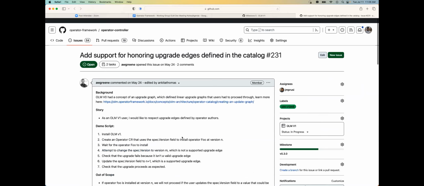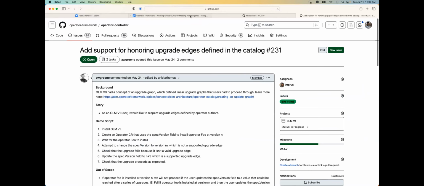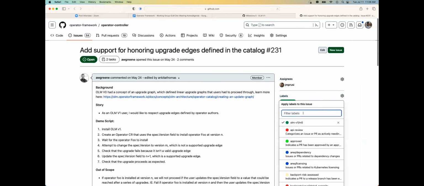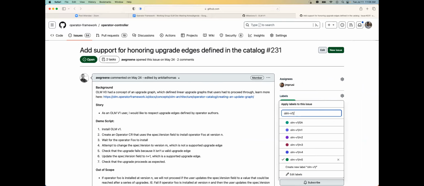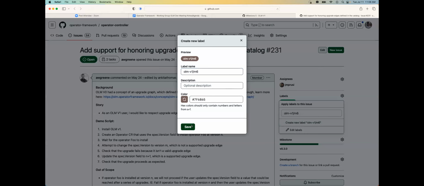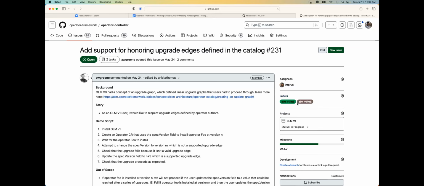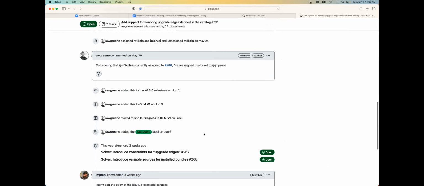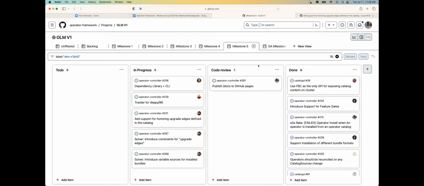So we should probably be moving these to milestone 5, right? Are we okay with that? Sorry, milestone 6. Yes. Okay, so I think we can do that offline. So we'll just probably have to create OLM B1 / milestone 6, create a new label, and then take the milestone 5 out so that they're in milestone 6. I will move the others. Don't worry. Okay. And we can create a new view for the milestone 6